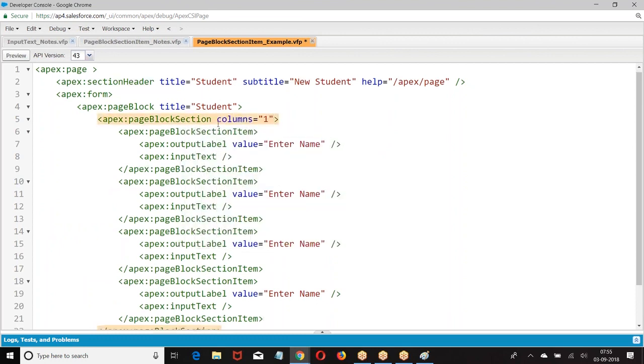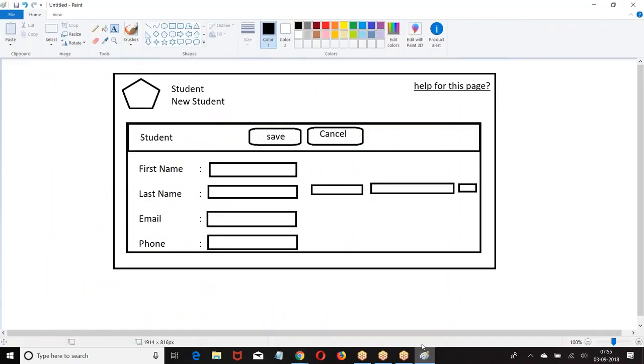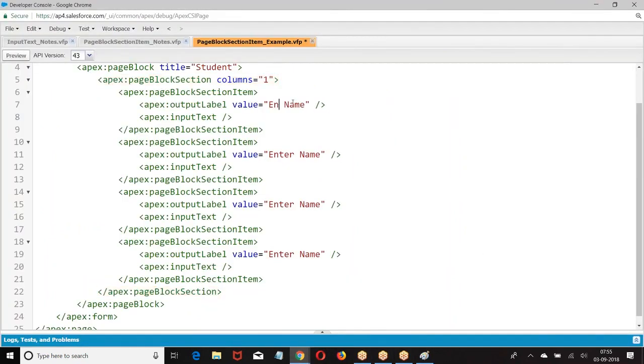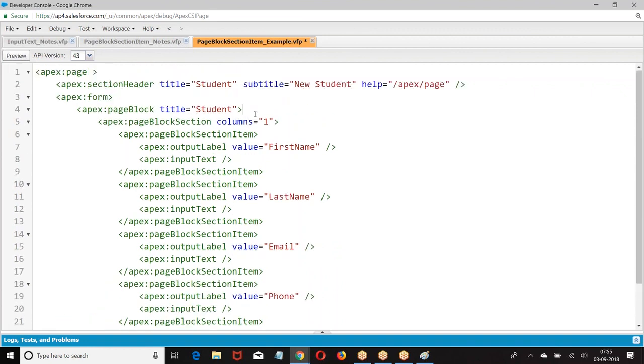Columns equal to 1. Enter name, first name, last name, email, phone. Then create.